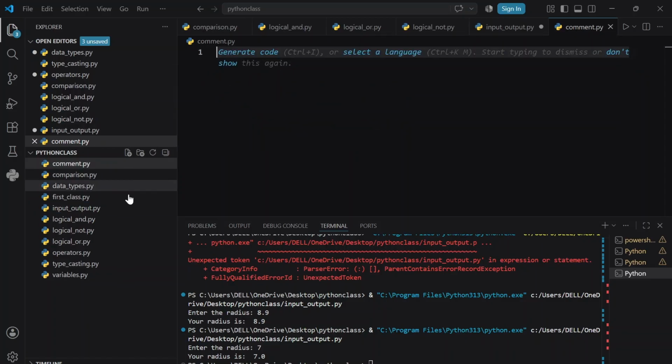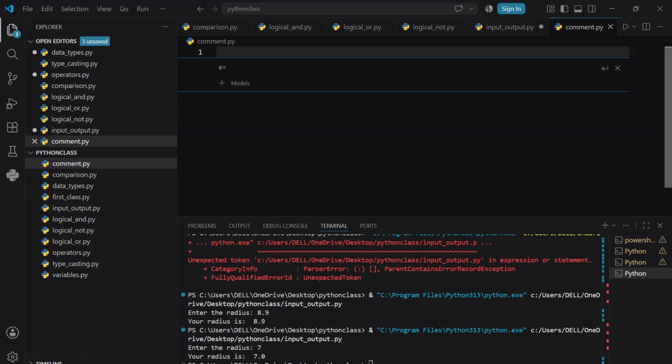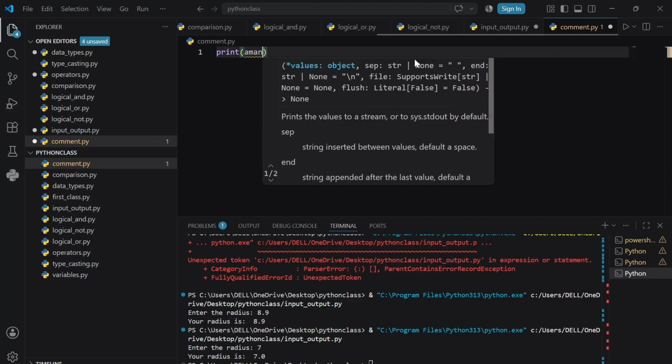Enter. Try to keep all the topics organized, like I am doing. So let's start: I want to write my code like print Aman,